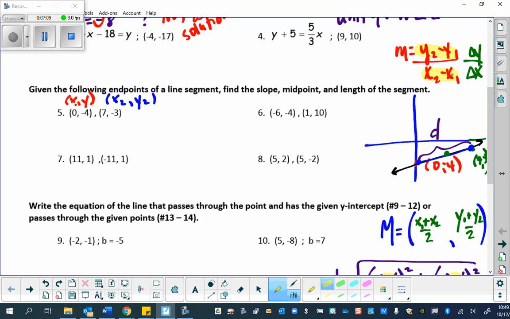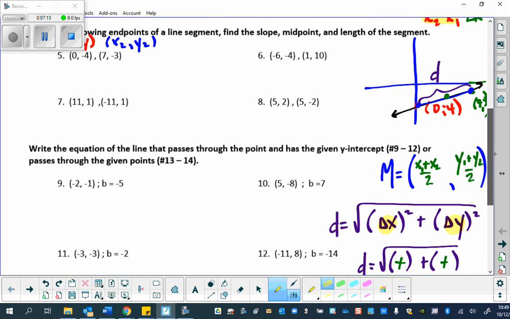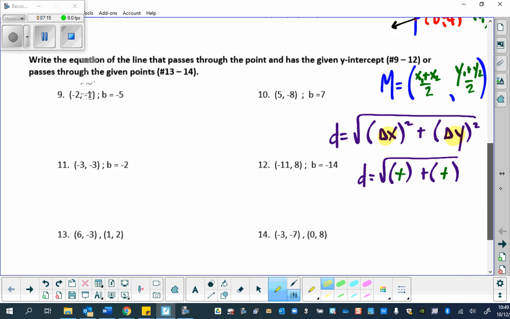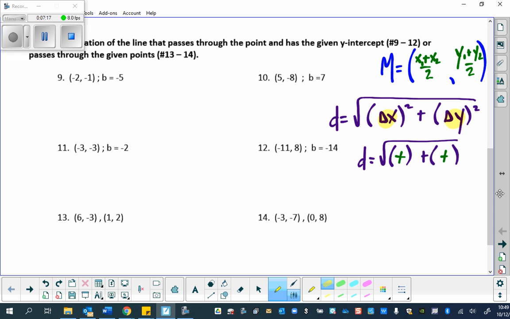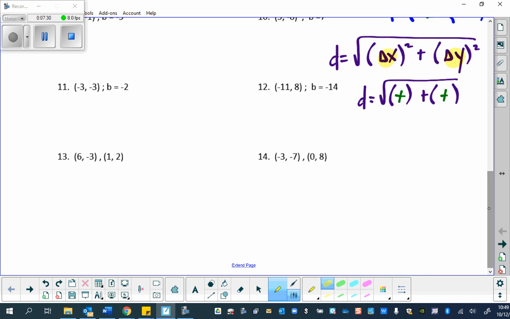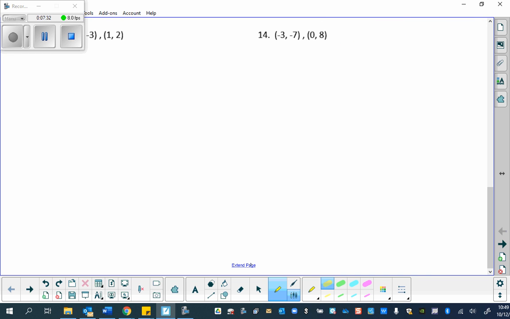So for 5, 6, 7, and 8, working on distance and midpoint and slope shouldn't be too tricky. When we talk about 9, 10, 11, 12, 13, and 14, we're talking about solving or writing a linear equation. And I'm going to come down here and add some extra notes for us, because when we talk about writing linear equations,